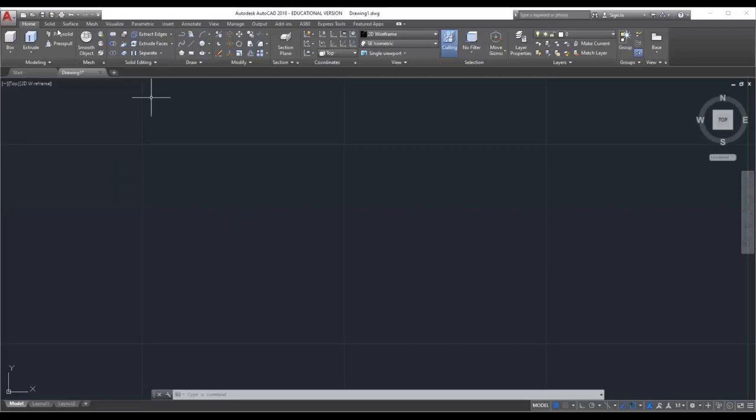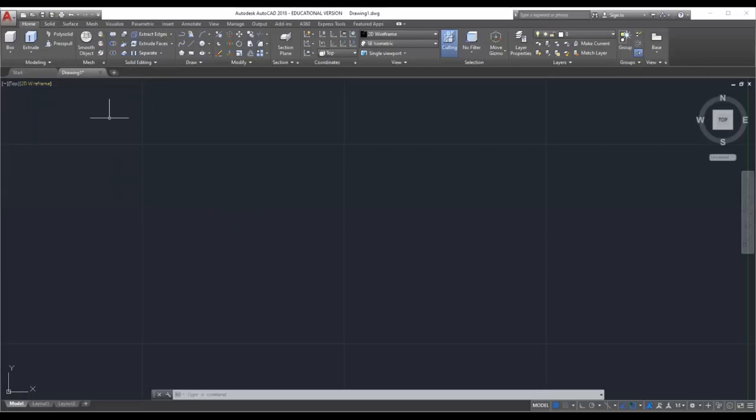These three models are used in different aspects. I would like to use solid modeling to demonstrate in this class.